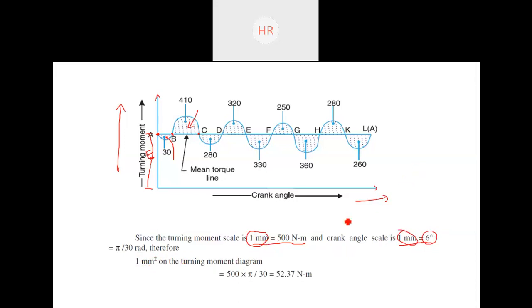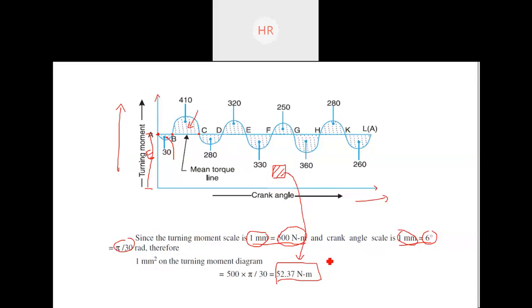So 1 mm square is equal to 500 multiplied by pi by 30, which is 52.37 Newton into meter. So on this turning moment diagram, 1 mm square of area is representing 52.37 Newton into meter